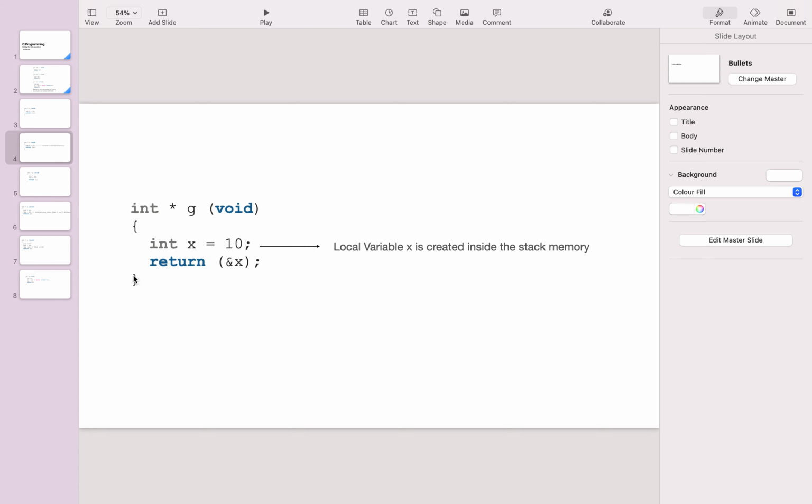Because the variable x is stored inside the stack memory, after the execution of the g function, this x won't be available in memory. But in the second line you are returning the address of that variable, which has already vanished. Then how is it possible?